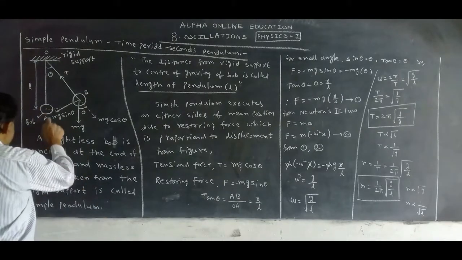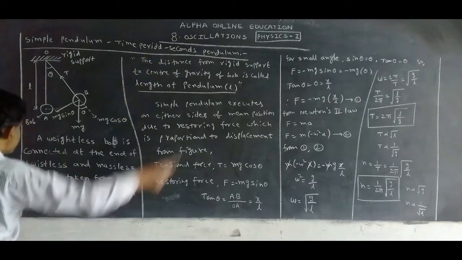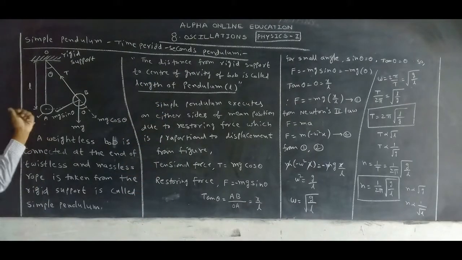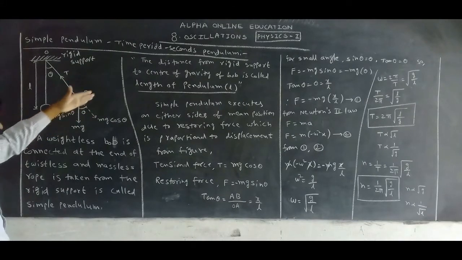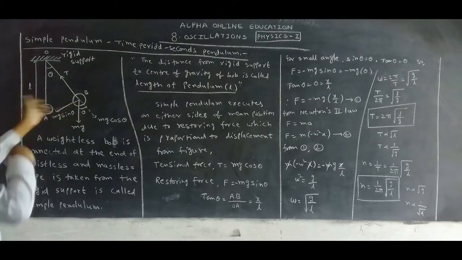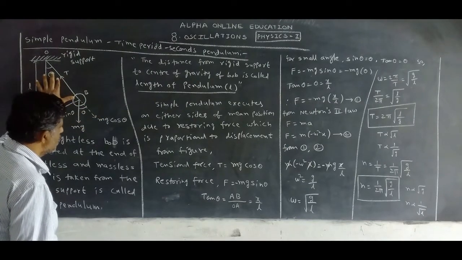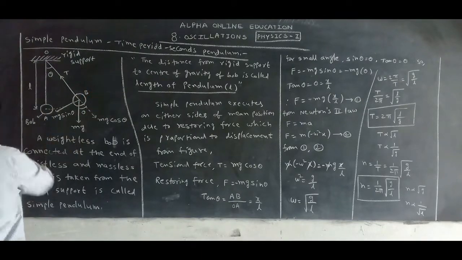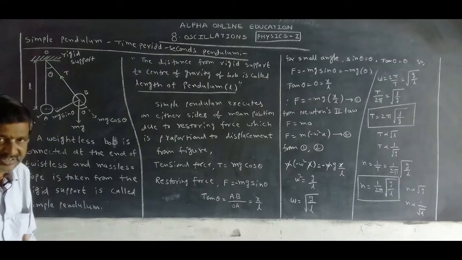Okay, now it is in mean position, pulled and released. It executes motion on either side of the mean position. This is the mean position, pull, release. When we pull, this is the tension in the rope. Now when we pull and release, it executes motion on either side of the mean position due to restoring